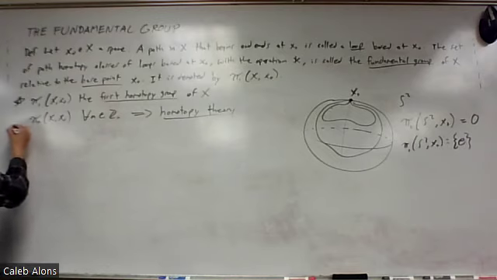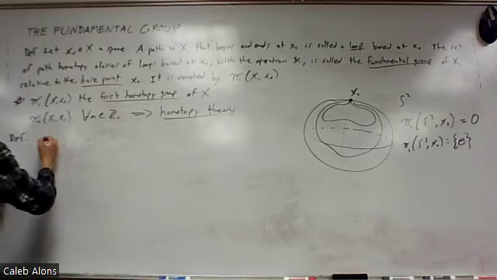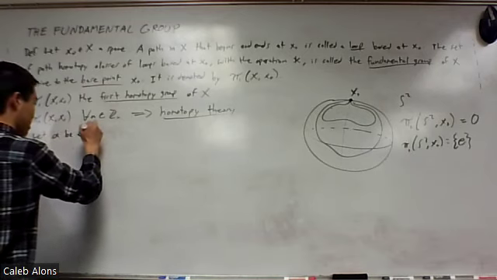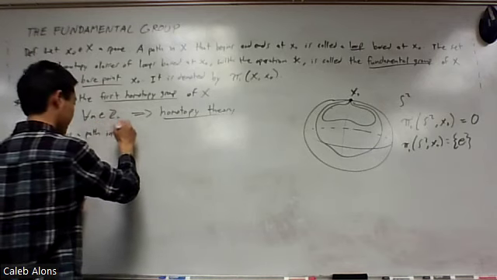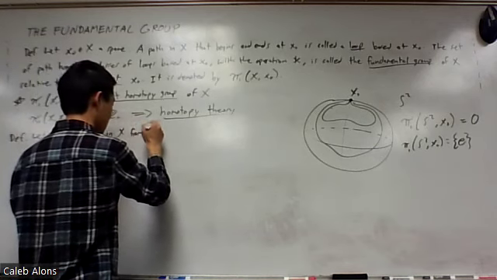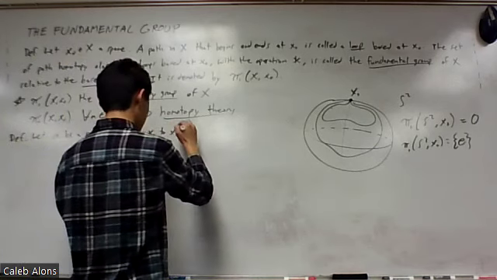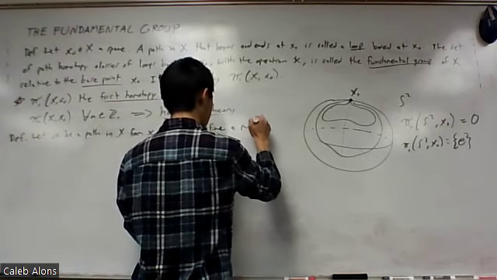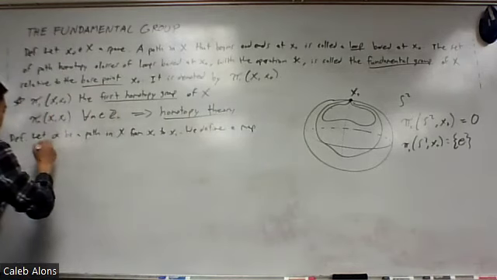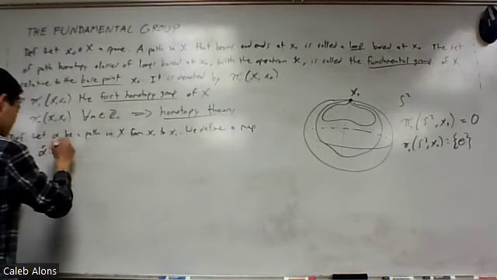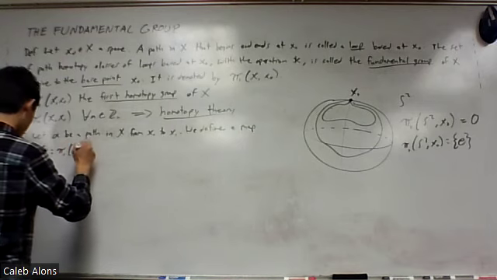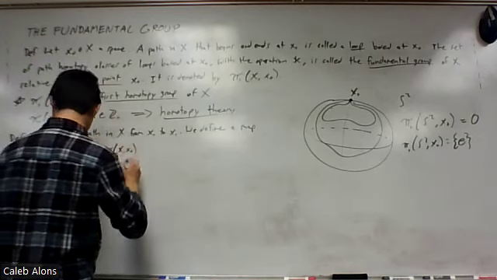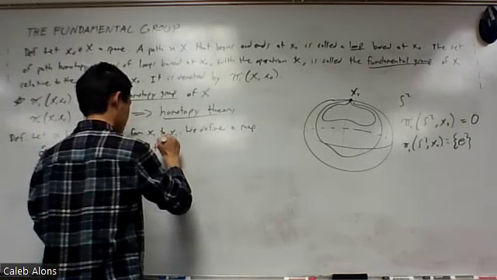Okay, so let me define. We will use this map in that proof here. It's a special kind of map we'll define. So that's alpha, the path in my space X from X naught to X1. So we define a map, we'll call it alpha hat, which is going to be a map of the fundamental group to itself by the equation